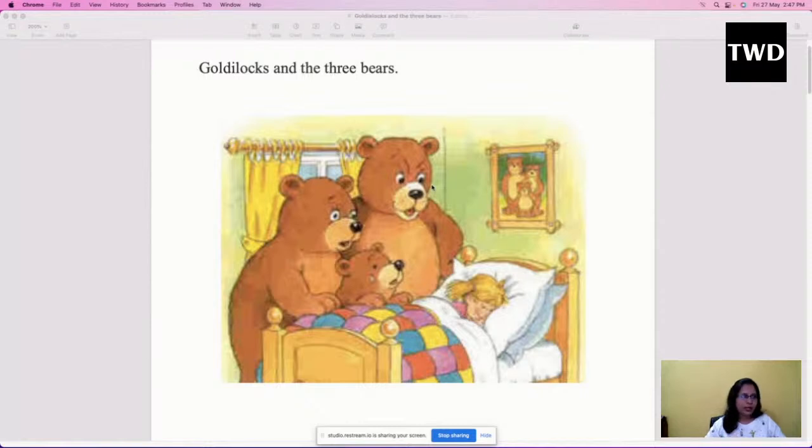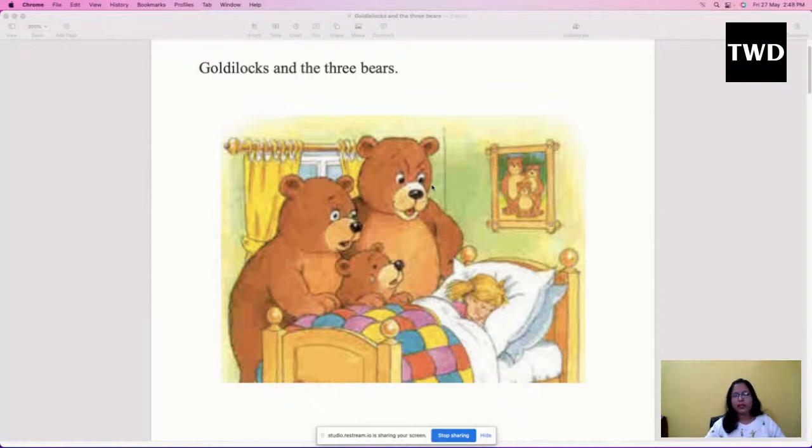Now for understanding, the first thing first is this, that you have to follow all the punctuation marks. So whenever there is a full stop, you have to pause a little more. Whenever there is comma, your pause should be little less. Whenever it is a question, it should sound like a question. If there is a dialogue in between, your way of reading should be like that, it is the dialogue, somebody is telling the same thing.